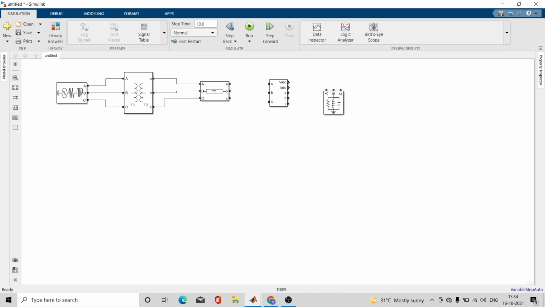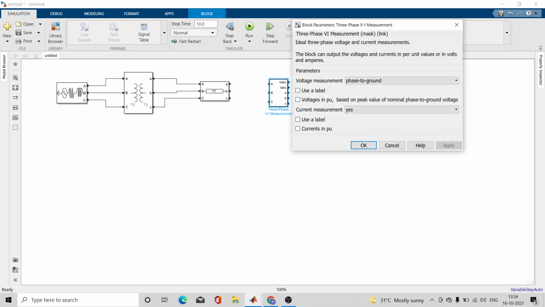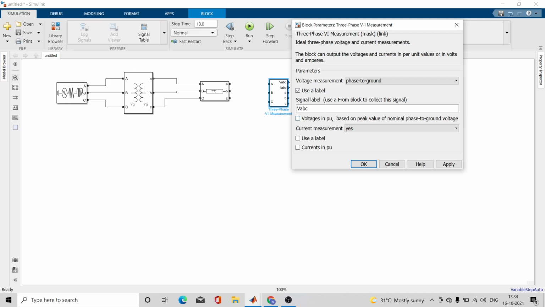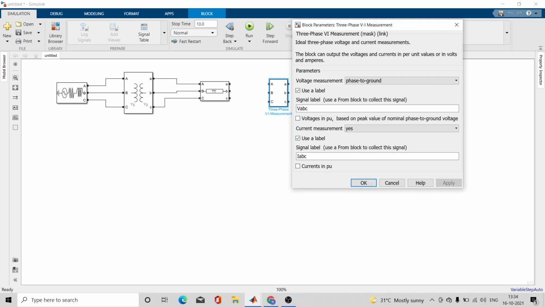We are going to configure it. Don't worry, and remember, open this VI measurement, and you want the measurement to be phase to ground, which is already there. You will use the label, and you will use the label for current as well, and you will apply it and okay.